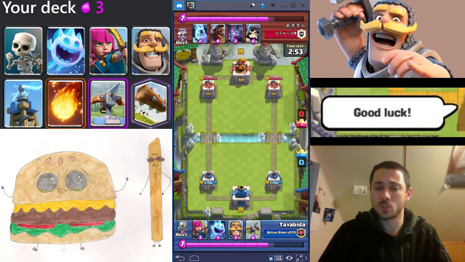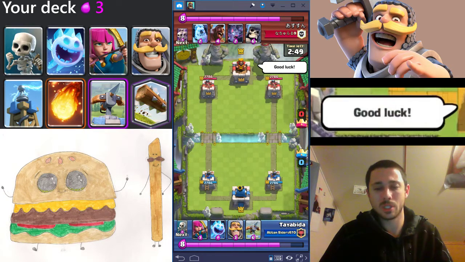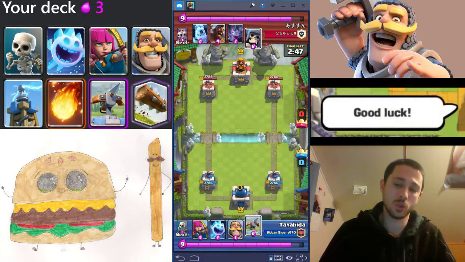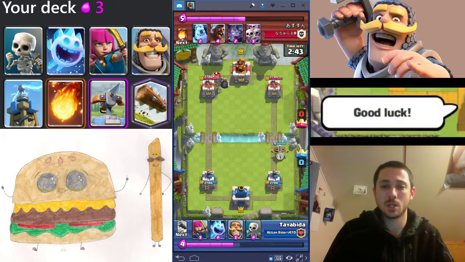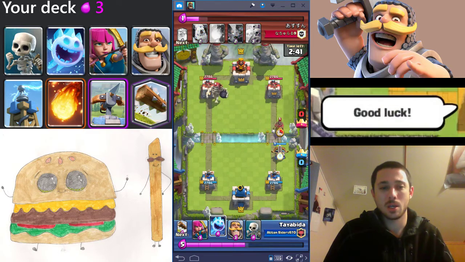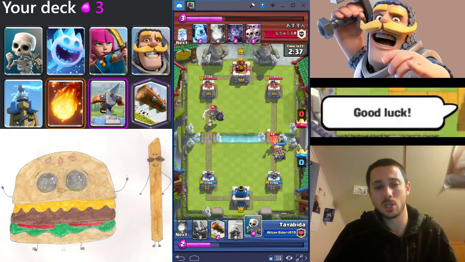Actually, speaking of the Tornado, you might want to replace it with the Tesla, which is our next card. I'm running Tesla because that's what I saw in the current deck that was being showcased online on a few channels and on a few websites and things like that. And the reason that Tesla is really good right now is because when it was buffed,